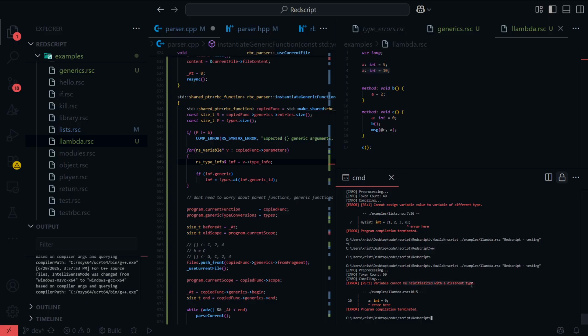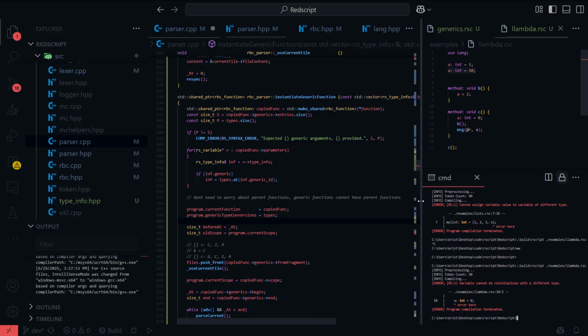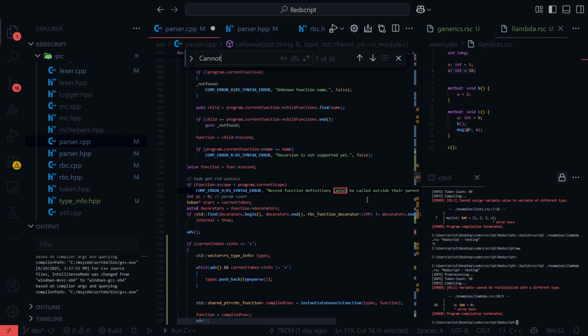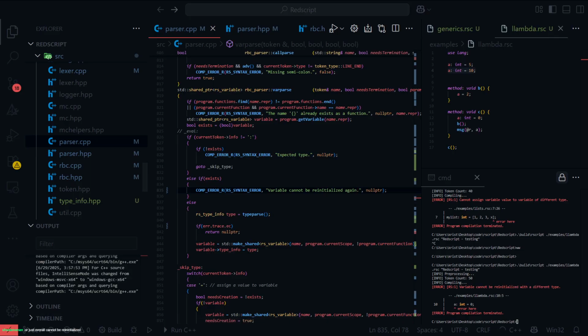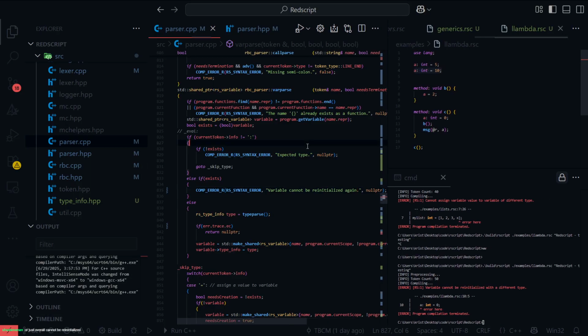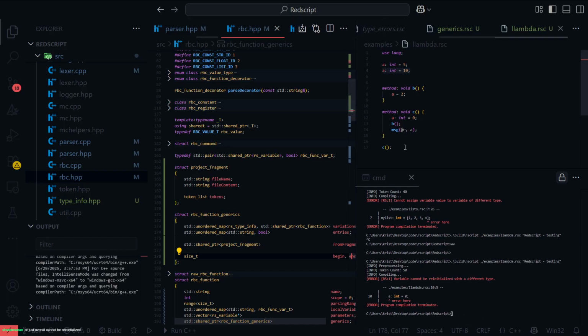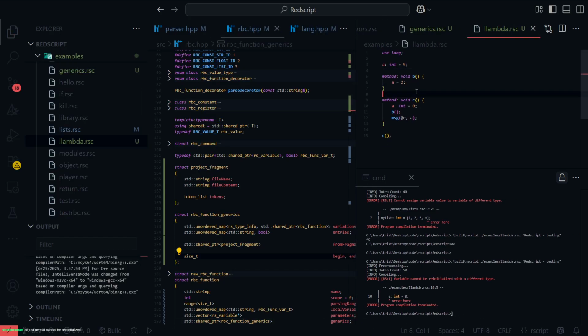It should be cannot be reinitialized with the type again. Yeah, pretty much. But yeah, you get the gist. That's just me writing bad errors. But that's a bug, so now I should be differentiating the variables, which I will do, actually, right after I